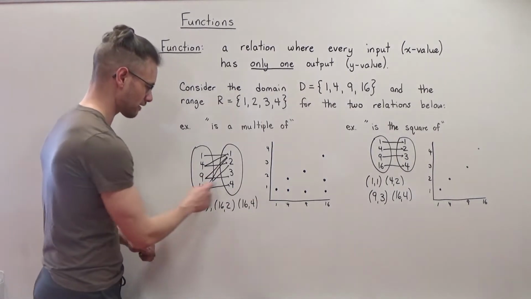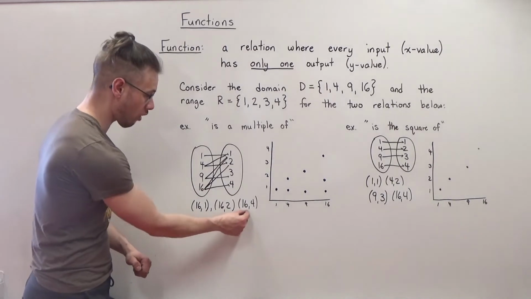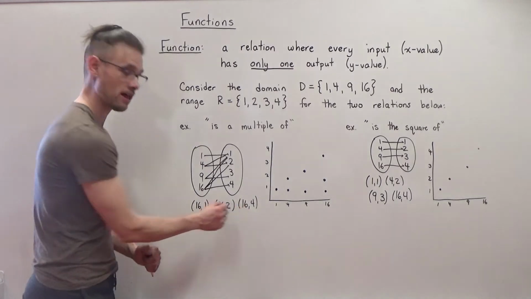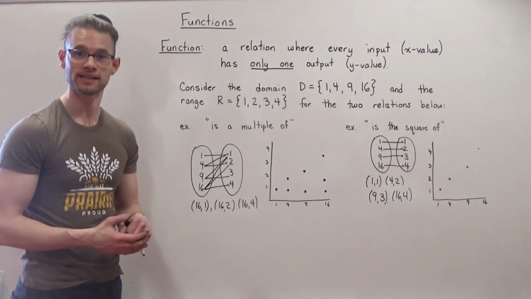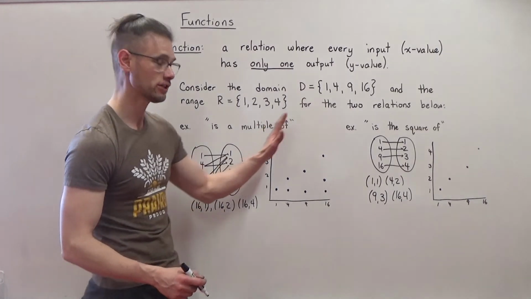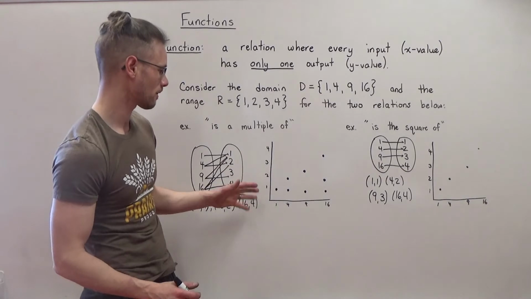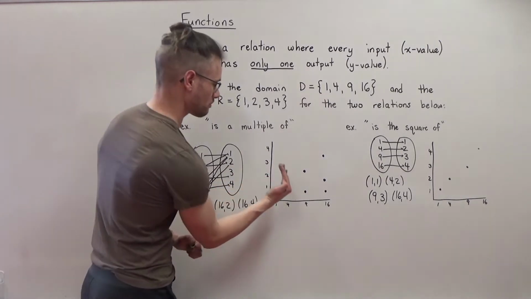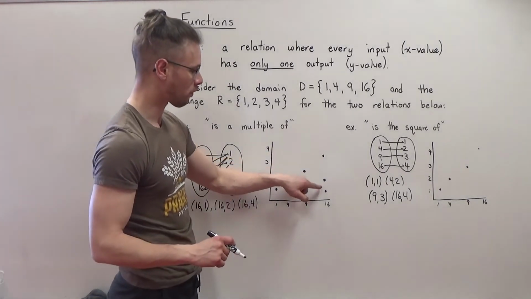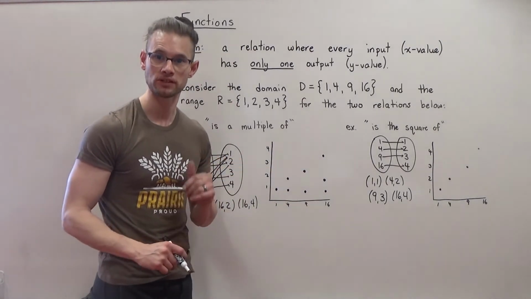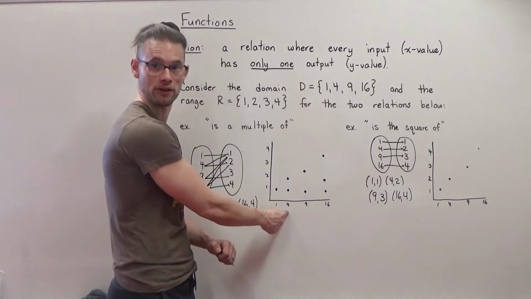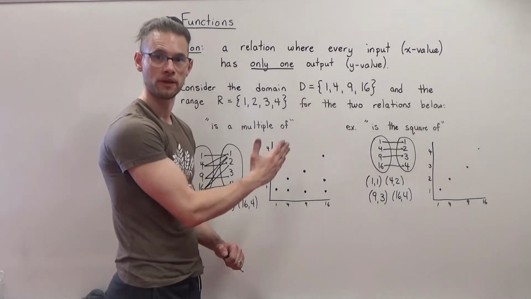If we were looking at a set of ordered pairs, all we would need to look for is, if it's not a function, the same x value appearing more than once in our set that has different y values. Okay? And we're going to introduce the idea of a vertical line test soon, but basically for now, what I want you to pay attention to is notice how at certain points on this graph, we have points that are stacked one on top of each other. Okay? And that is a visual sign that one x value has more than one y value, therefore it is